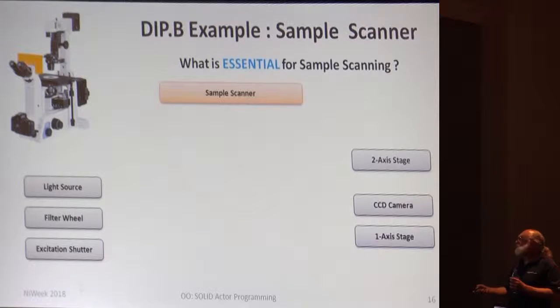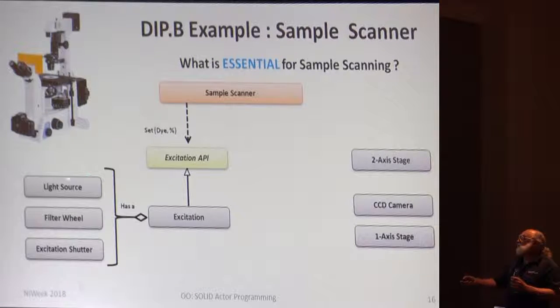And if you ask that question about the light source, filter wheel, and excitation, you would see that the only thing that sample scanner needs for the workflow is to set the color and intensity of the excitation. It doesn't need to know what kind of light source this is, whether it has a shutter or a filter wheel.